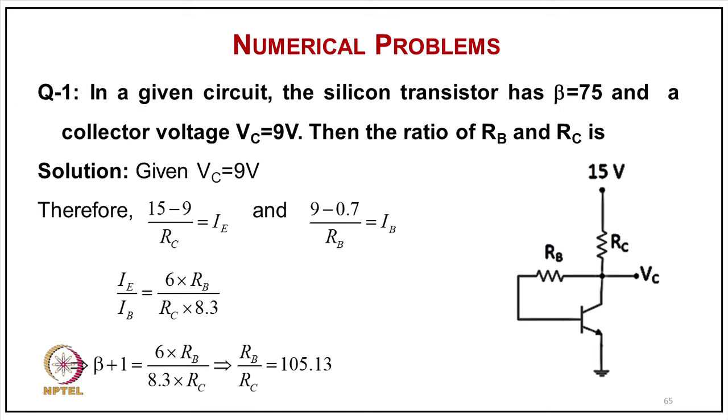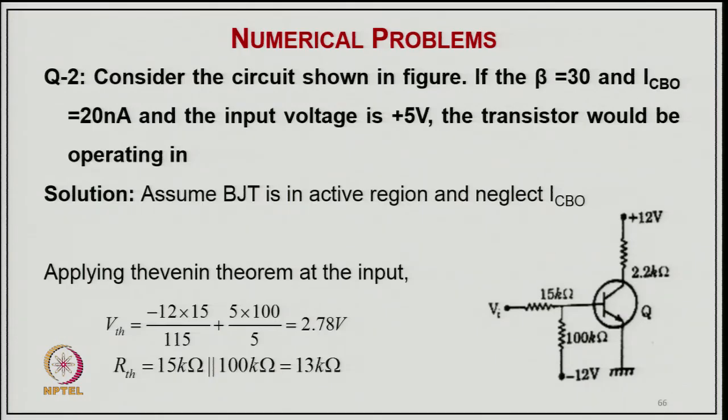So, from IB, IE upon IB will be 6 into RB upon RC into 8.3. So, from here we can get beta plus 1 equal to 6 into RB upon 8.3 RC, that is RB upon RC equal to 105.13. So, coming to the question example 2, consider the circuit shown here in the figure where beta is 30